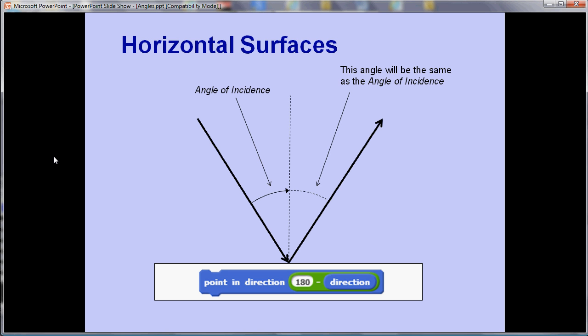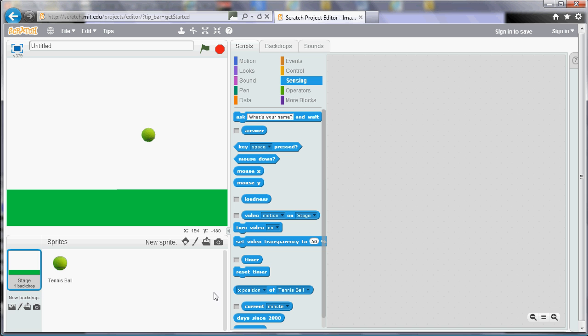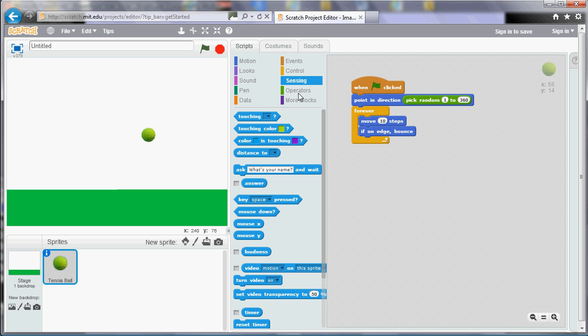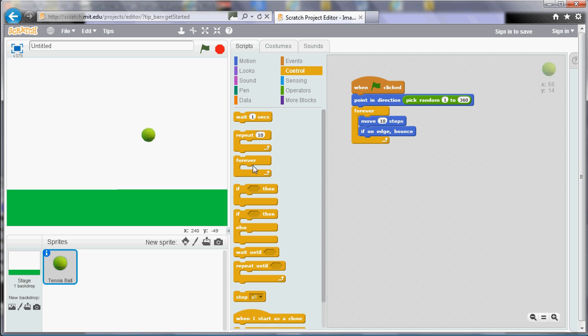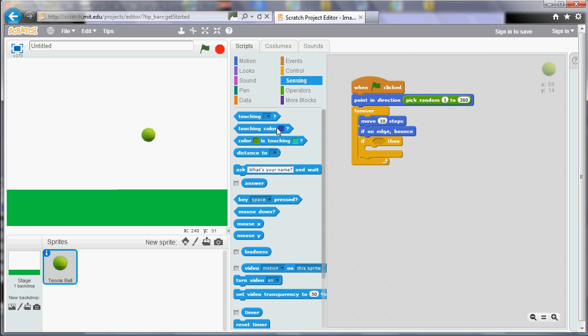So if we go back to Scratch, what we need to do, as the tennis ball is bouncing around, is check whether it's touching the green first of all. So, in the sensing section we've got touching colour. If it's touching the colour, and to choose the colour we need to click on the little blue patch there, and click on the colour that we want to